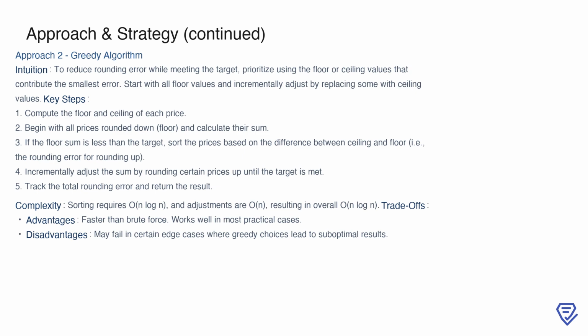reached. This method is significantly faster than brute force, as sorting the prices takes n log n, and the adjustments are linear. However, the greedy approach has its limitations. In certain edge cases, selecting the locally optimal choices can lead to suboptimal global results, which is a common drawback